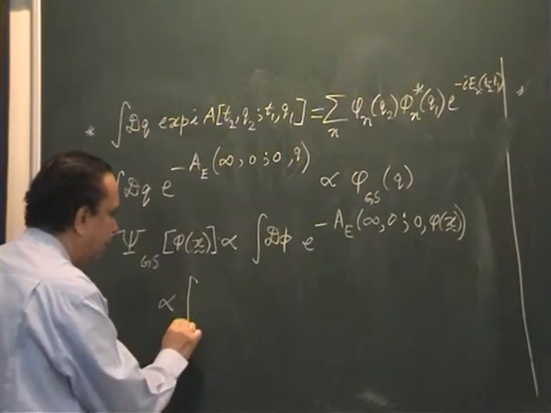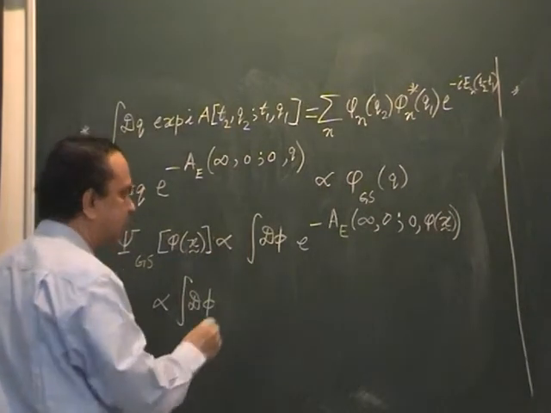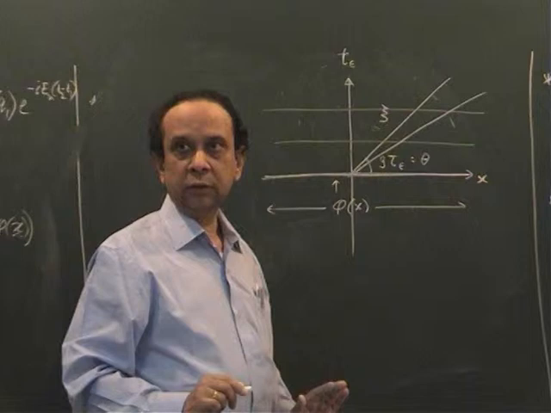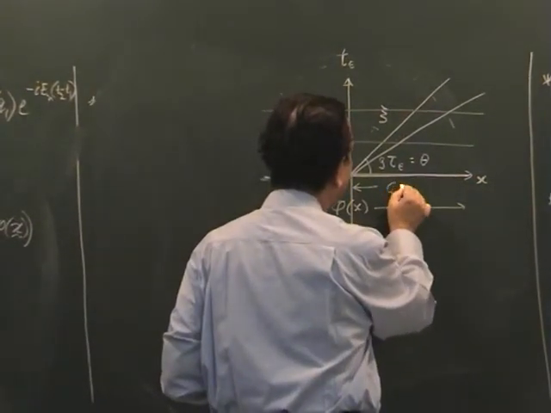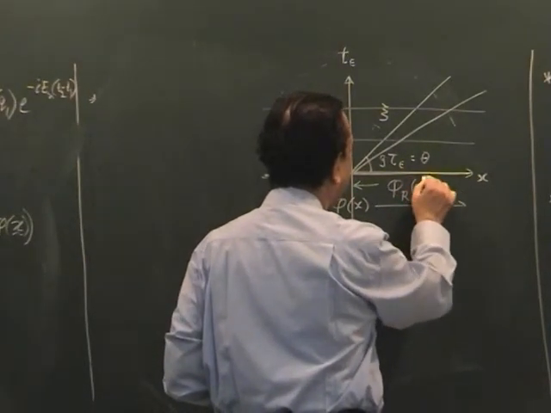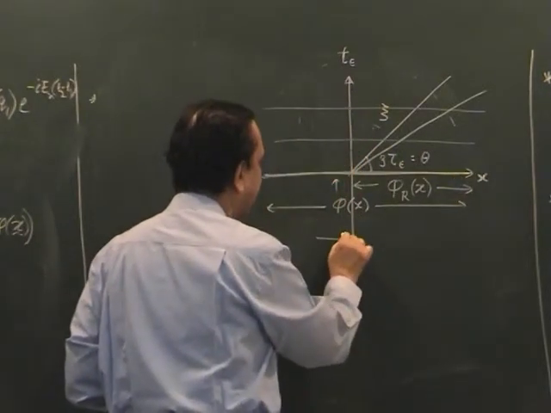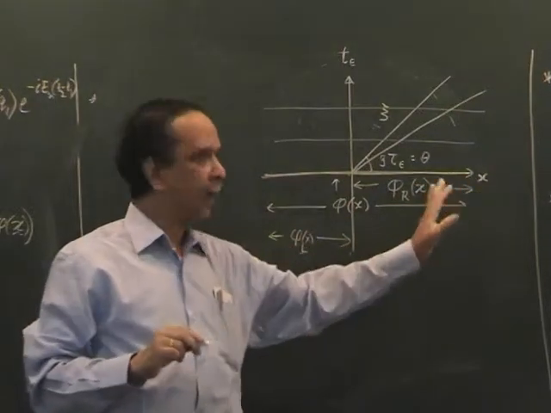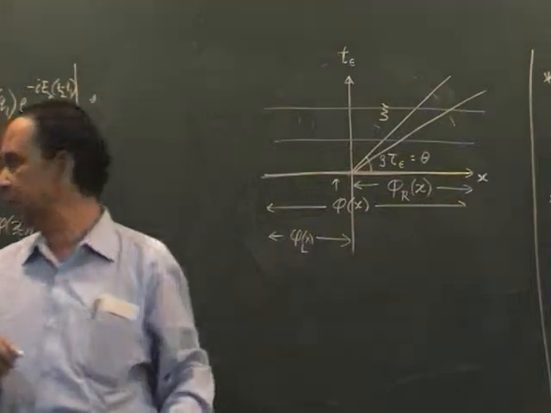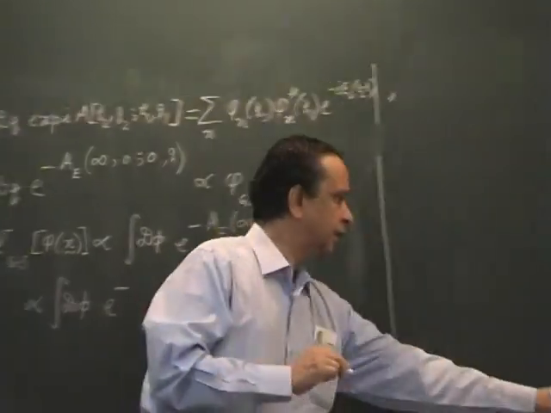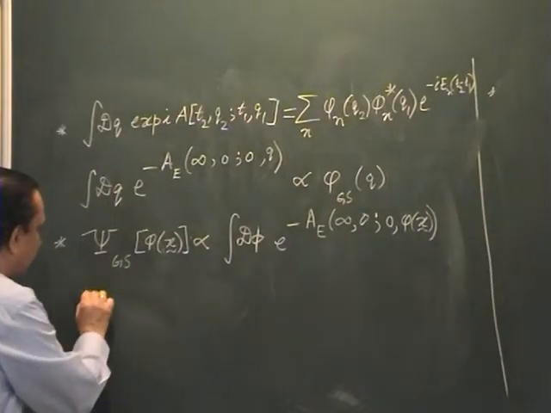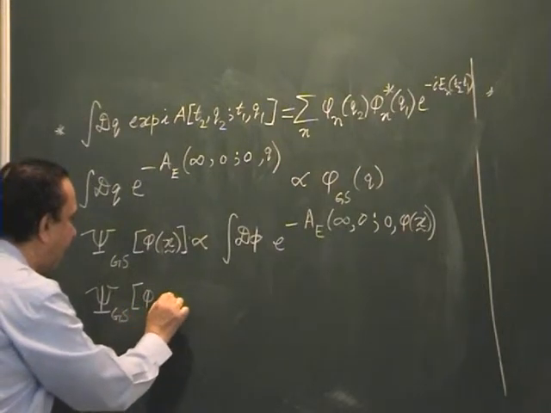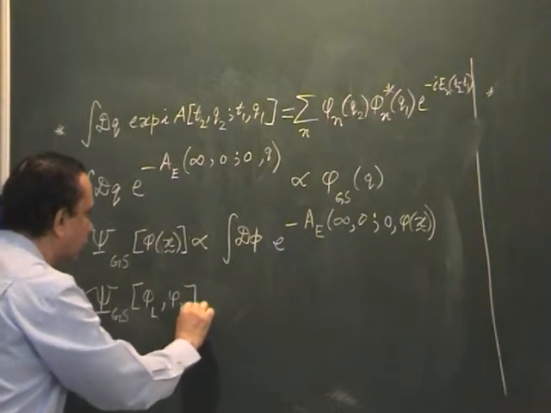proportional to the same kind of integral, or the sum over fields of e to the minus. So I am going from here to here in time. Let us say that the field had some values here which I will call phi r, which is on the right hand side. It had a particular configuration, and on the other side a particular configuration phi l. Nothing has changed. Instead of the original phi of x, which was defined everywhere, I call the part of phi of x on this side phi r of x and this one phi l of x. So the ground state wave functional, instead of the full phi, I am going to write as phi l and phi r. That is given by